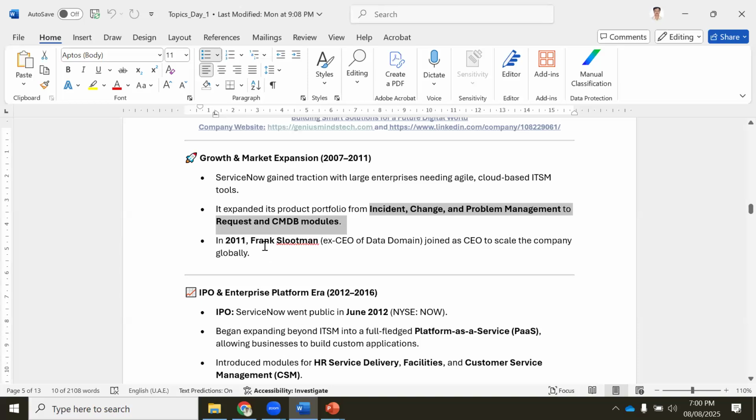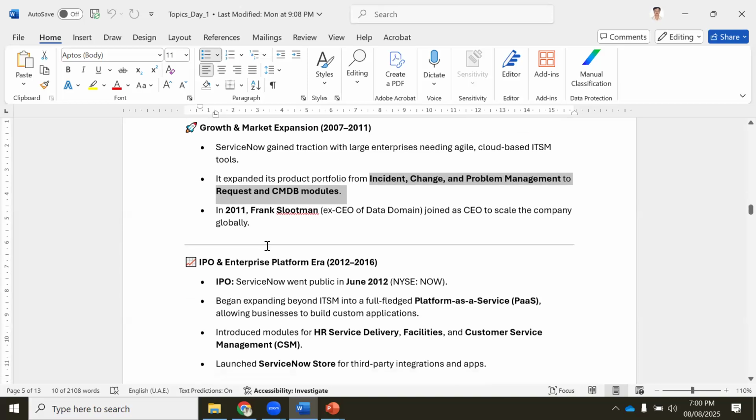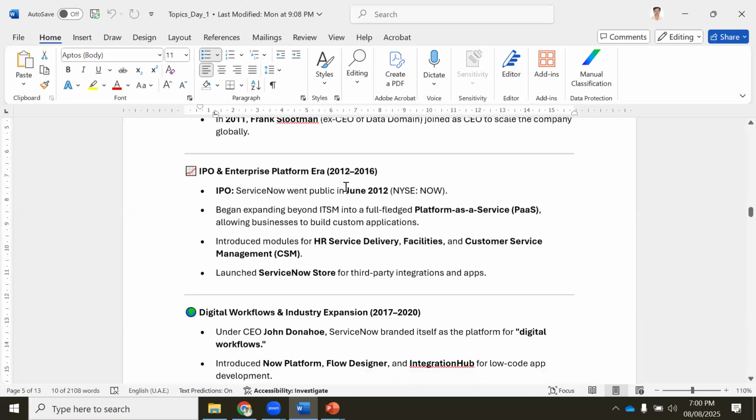Earlier it was only in the US, so they made it available to customers everywhere in 2011. Largely from 2016 to 2017, the market increased hugely. I also took it up from 2017, not before. I know it from 2017; before that I did not know ServiceNow, correct?